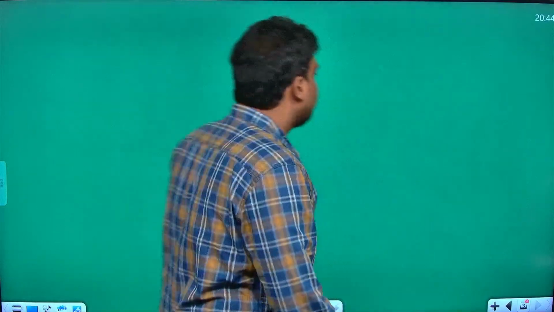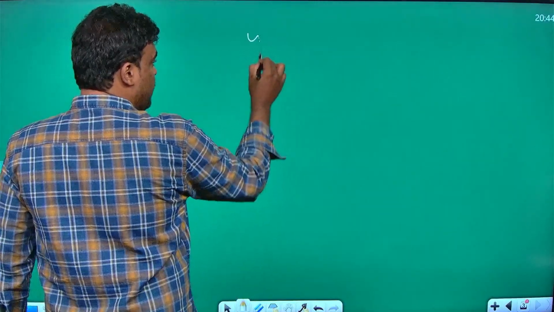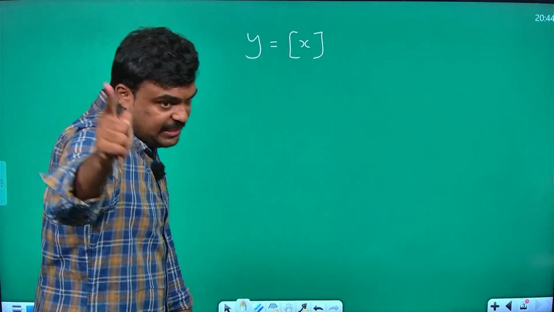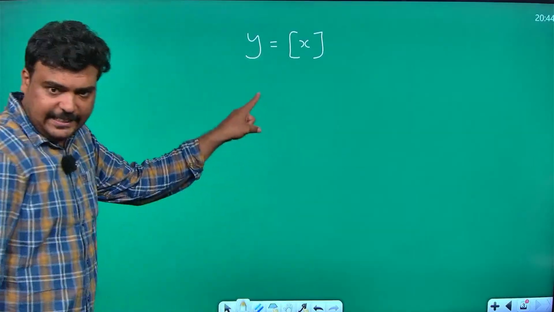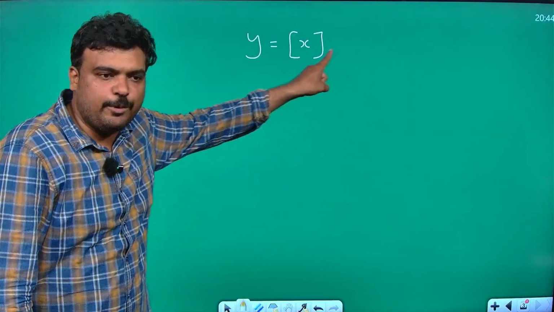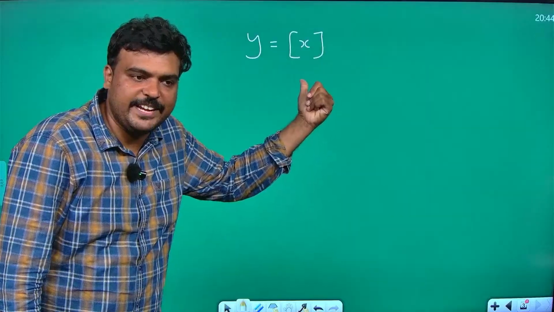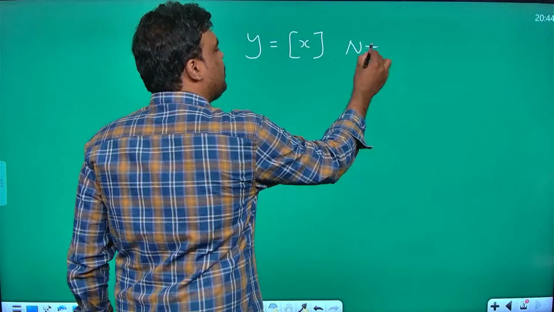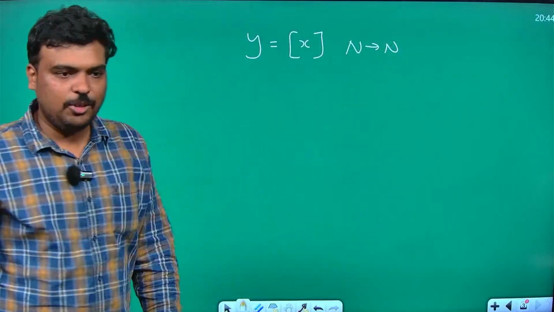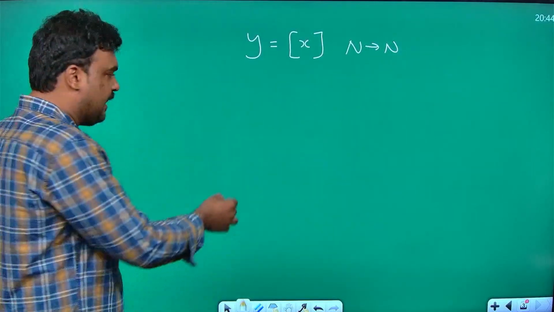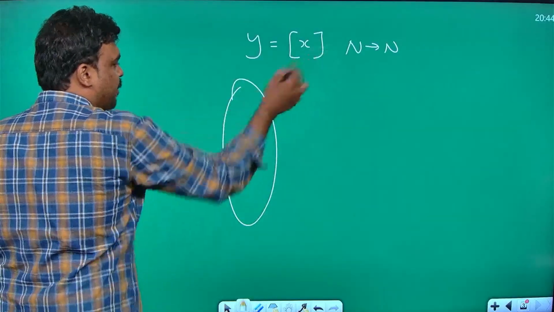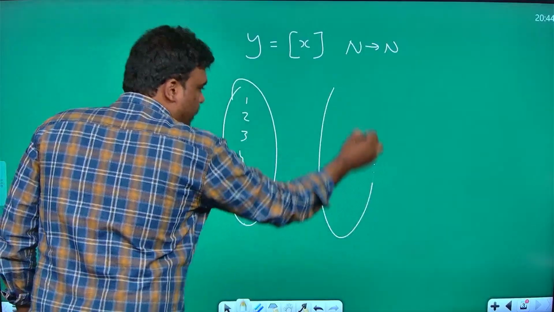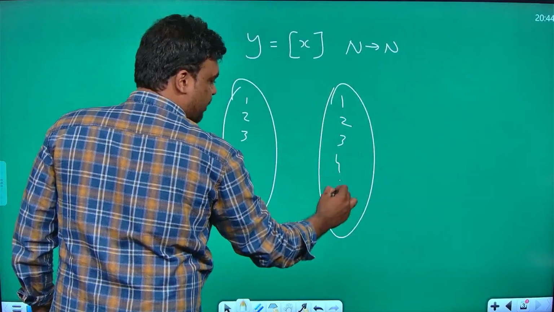இப்போ I will go for this. I hope you know, இப்படி bracket போட்டு x போட்டா it means the greatest integer function. Right? I said nothing about my input and output, so I am taking it as a many-to-one function. Correct? Now, if I put natural to natural, you know what that means? எனக்கு இந்த graphல I am going to have only the natural numbers, and in the codomain I am going to have only the natural numbers.